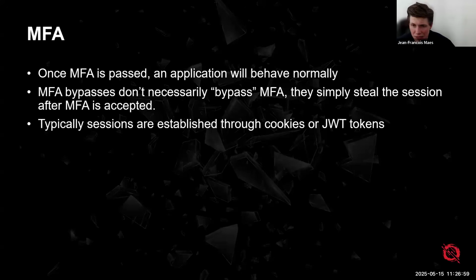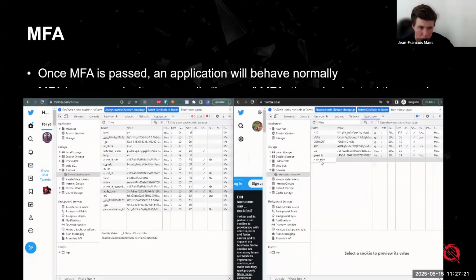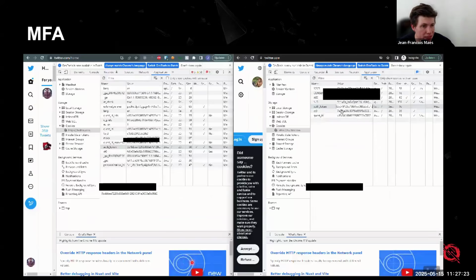So a web application typically has session management. So we have a JWT token or a bearer token or a cookie that is basically keeping track of our state, track of our session. So if we're already authenticated, an attacker simply needs to steal our already authenticated session and simply piggyback on that particular approach. And this is what you see right here, right?